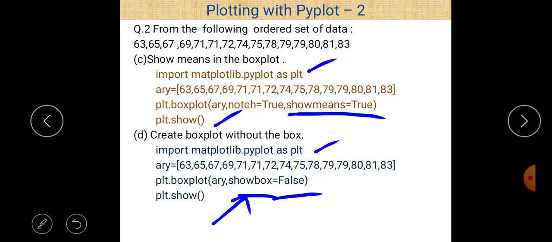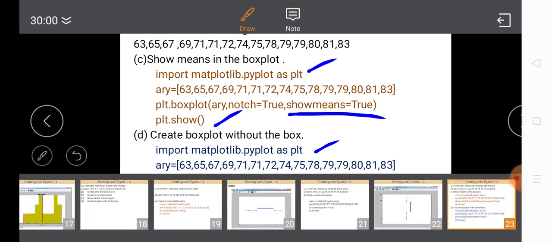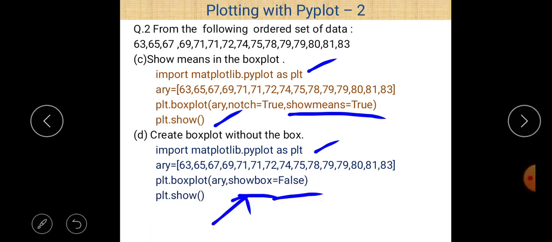So this is the essential line. This should be written to create any plot with matplotlib.pyplot. And the second line is the creation of a list according to the data here, and line number three, creation of a box plot.